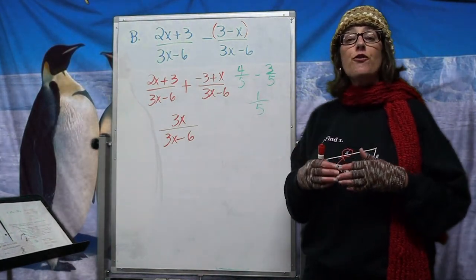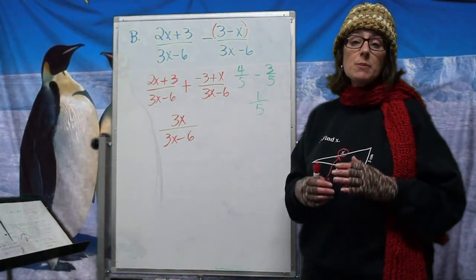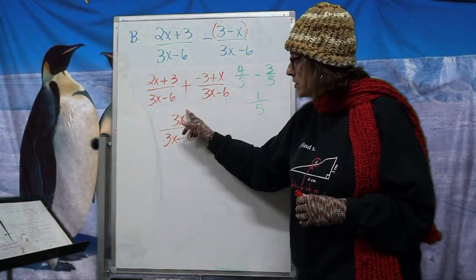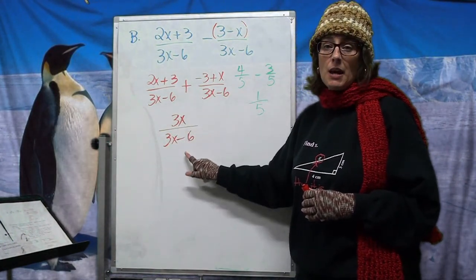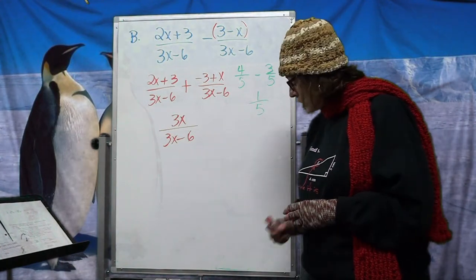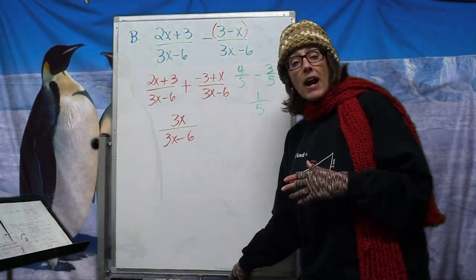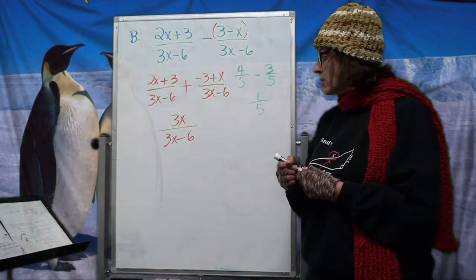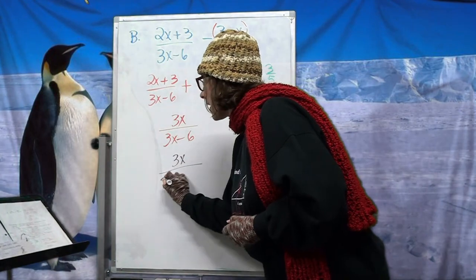Now recall that you should always simplify a fraction if you can, which means cancel, but I can only cancel factors that are common. Factors are things that are multiplied together. Please be very careful. Don't just cancel out these 3x's. This minus 6 right here has completely messed that up. So I need to factor that denominator in order to find the common factors that will cancel. My numerator, I'm going to leave alone,